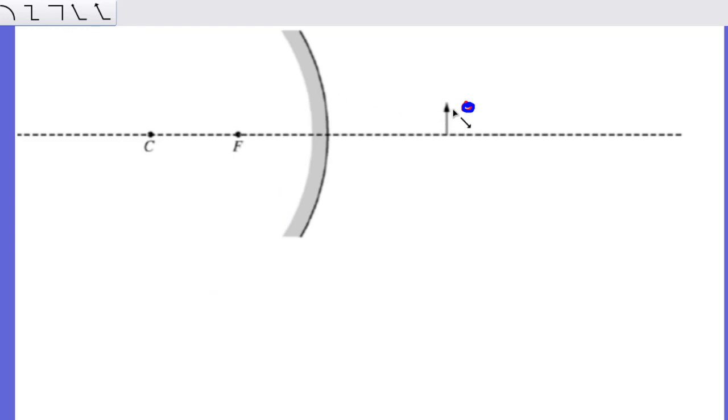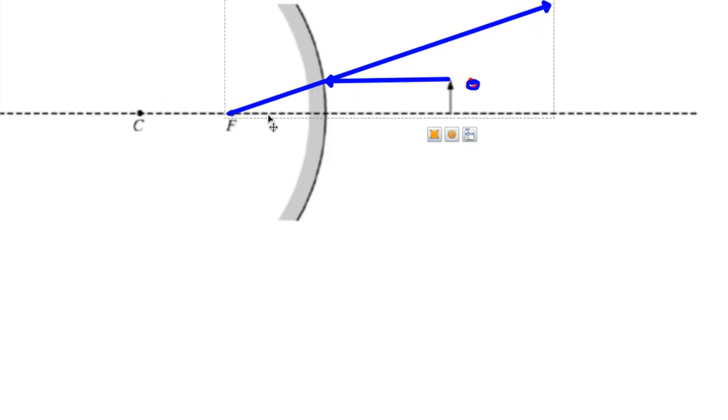Our ray diagram, my first rule is a line parallel to the mirror's axis. Okay, now remember, this is the tricky one to draw. The rays are going to reflect, aren't they? But they're not going to reflect in, they're going to reflect off. It's a diverging mirror. And they're going to reflect off at the same angle as your focal point. Okay, the same angle as your focal point. Remember, this was the tough one. And so you can see I just did a little bit of an angle,